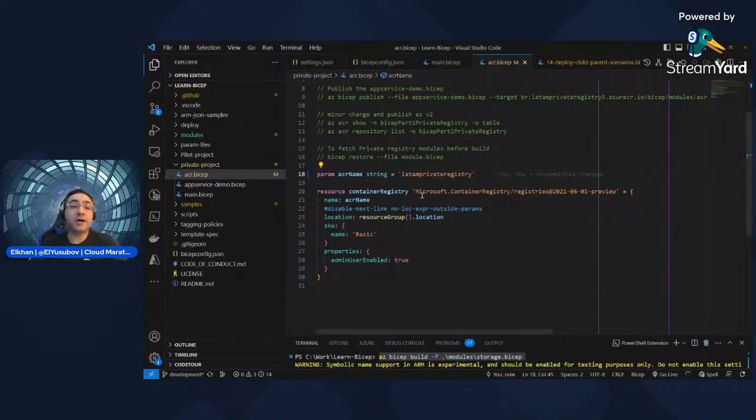Second, we will define that container registry here by giving the name that we defined here, and then we'll have the location, which is the Azure region, the same as we have for the resource group, and we'll enable the admin user property so that we can interact with it. So let's deploy this container registry. But before deploying that, I want to bring up the